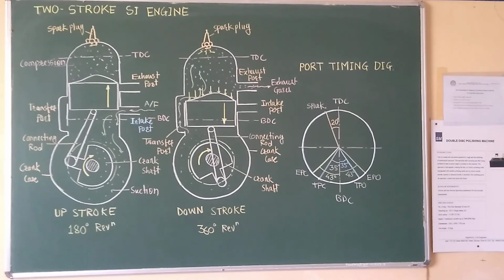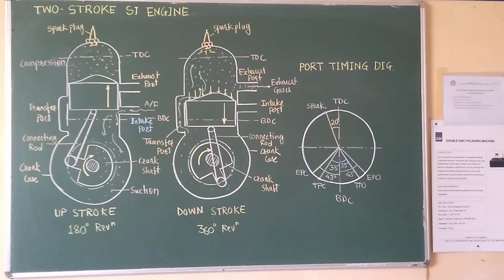If you require, you can add the degrees of intake port opening and closing, but for actual power, only two ports play an important role. So on the port timing diagram of a two-stroke engine, only the transfer port and exhaust port are shown. So this is one complete revolution of the crank, where when the piston starts moving from BDC to TDC, this is the level of BDC,